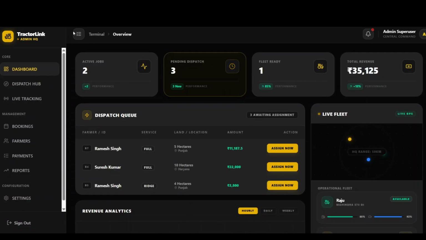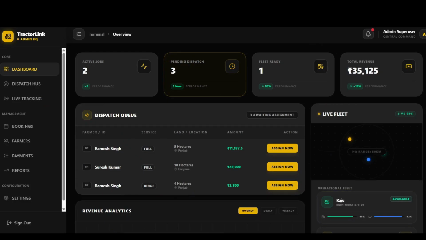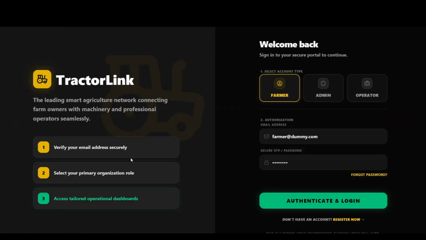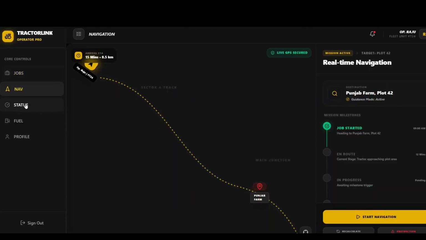As you've seen throughout this demonstration, Tractor Link is designed to simplify and digitize every aspect of fleet and tractor management. From dashboard analytics and vehicle management to financial tracking, API integration, AI assistance, mobile support, and fuel monitoring, the platform brings all essential operations together in one